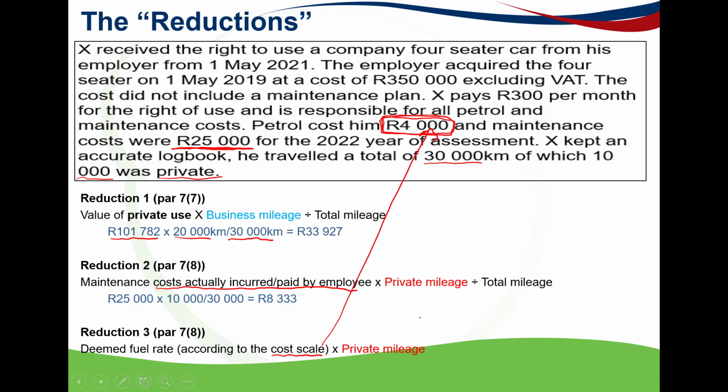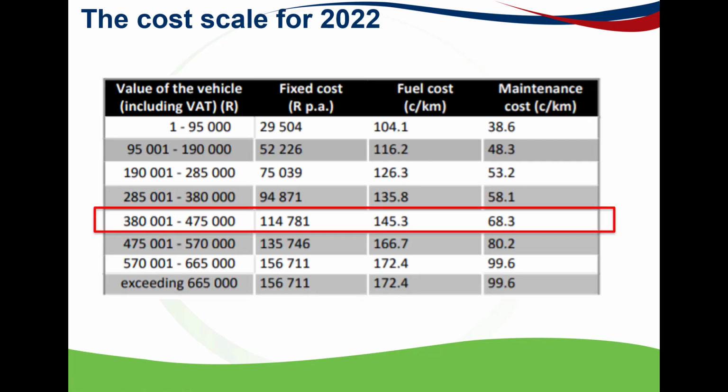Right, so if we look at our information, the cost of the vehicle is 350 excluding VAT. So it's that 350. For us to get to the total cost including VAT, we will multiply that by 1.15, and then we will get to an amount of 402,500 as our cost. So let's see, where does that 402,500 fit in terms of our cost scale. So it would fit in over here because it's between the 380 and the 475,